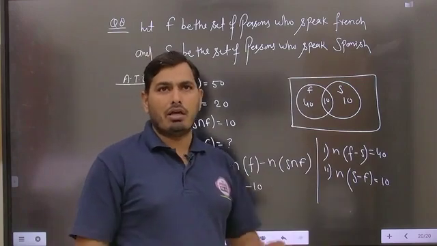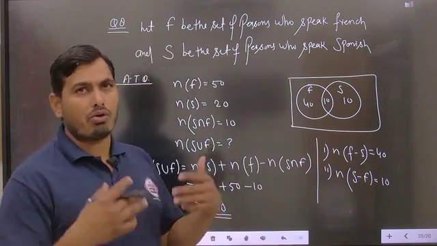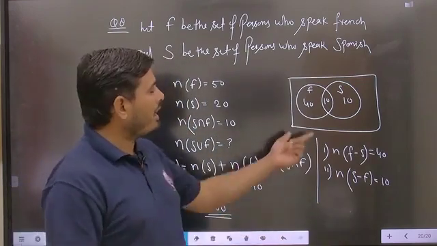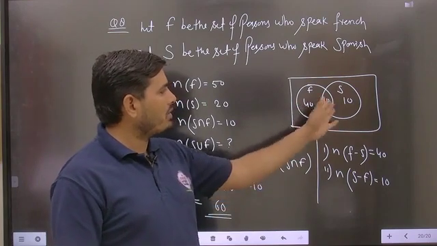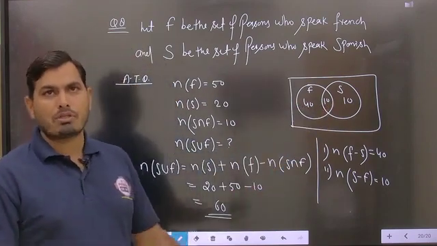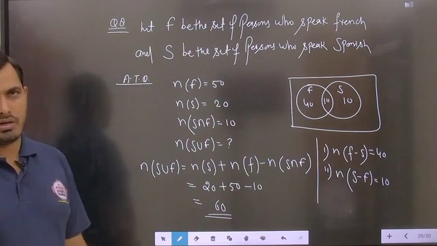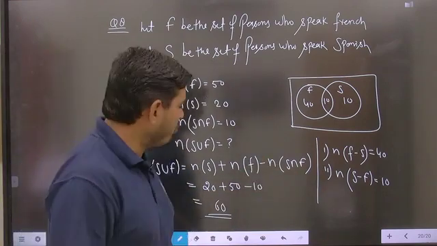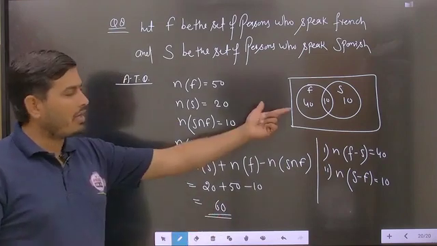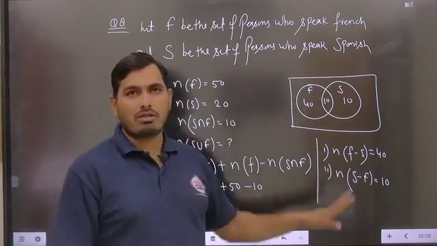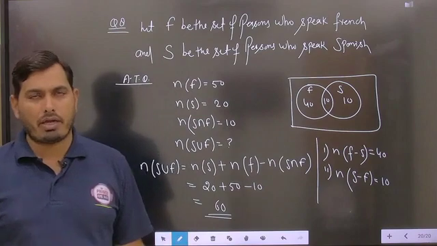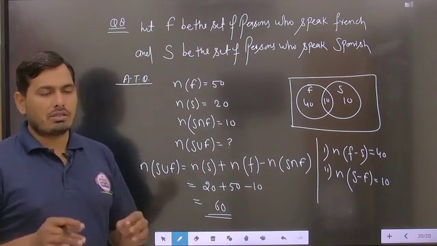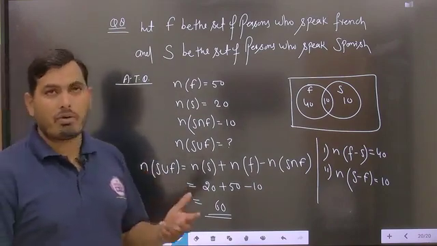Means if anyone asks about the total number of persons, then we can add each and every part. So 40 plus 10 plus 10 means the total number of persons will be equal to 60 here. Is it to be clear? So this question is generally asked, where you can just verify the answer here. 60 will be there, and the total number of persons will be 60, obtained by using the Venn diagram. So in this exercise, some basic practical problems are there.